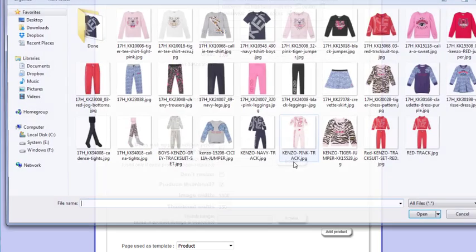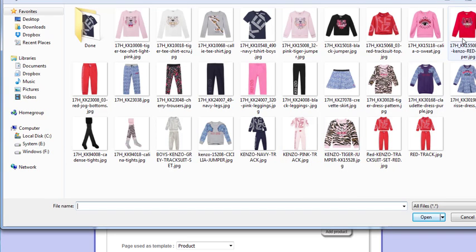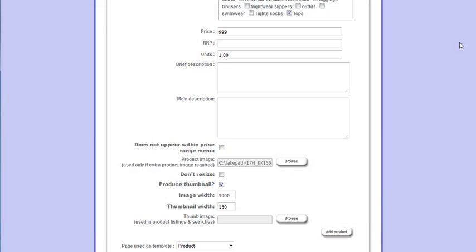Add your product image in next, so have some pre-sized images to about 1000 pixels wide, and you want to tick the product thumbnail option, and it will use these two settings here instead of having to browse them. Click Add Product,